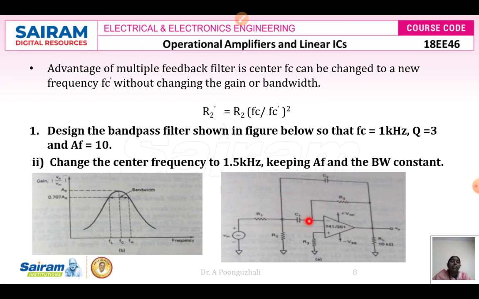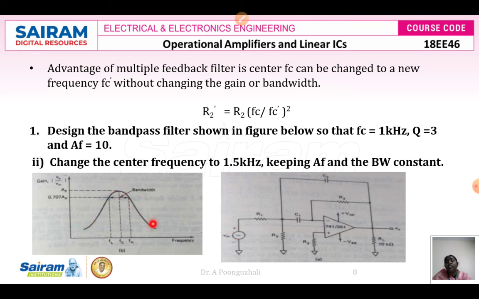Whatever signal we are going to feed, the DC component should be removed. For that we will be using this C1 here. And here we have a resistance R2 connected to the ground terminal, and this is your resistance R1. The input signal is given as Vin. To the inverting terminal, we are going to give the input signal. That is the difference there.